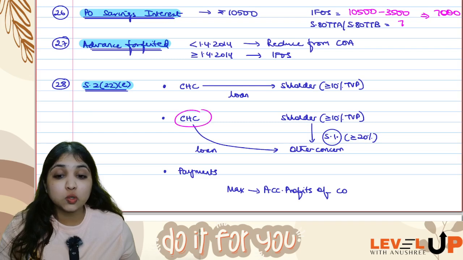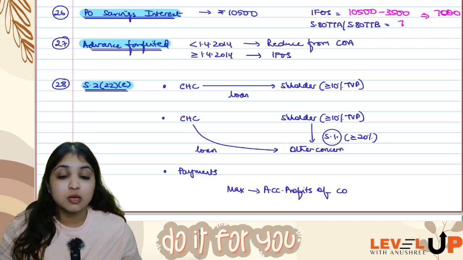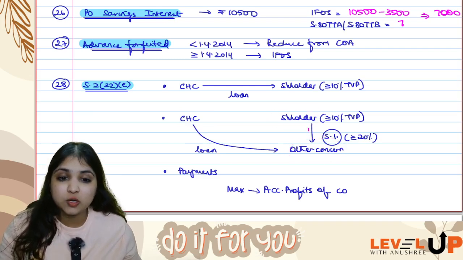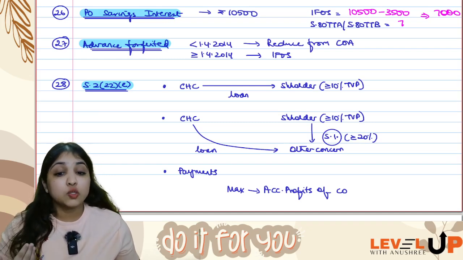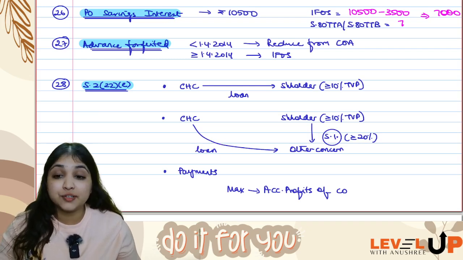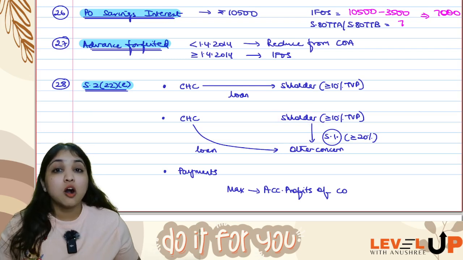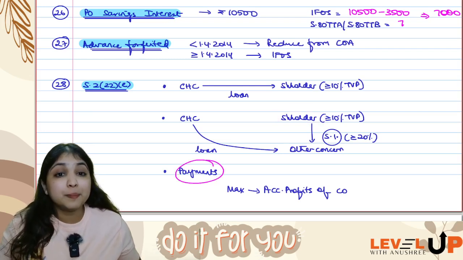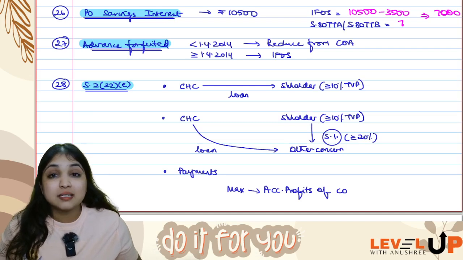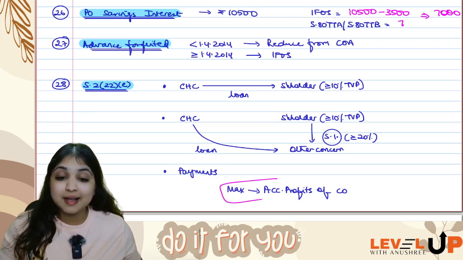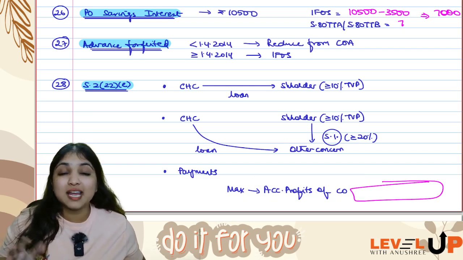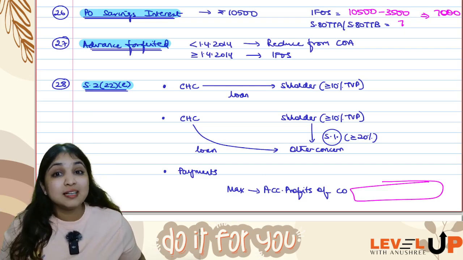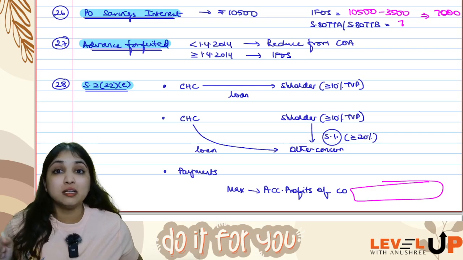In the second situation, the closely held company is not giving a loan to the shareholder. The closely held company is giving a loan to another concern. In that concern, this shareholder is having substantial interest. Substantial interest means at least 20% interest. So even over here, this loan will be considered as dividend under 222E for the shareholder. Or if the closely held company is making any payment on behalf of such a shareholder, even this will be considered as 222E dividend. But what is the maximum limit? The maximum limit is up to accumulated profits of the company. Here I am not saying whether capitalized or not. So I will only consider the accumulated profits. I will not consider the bonus share capital.